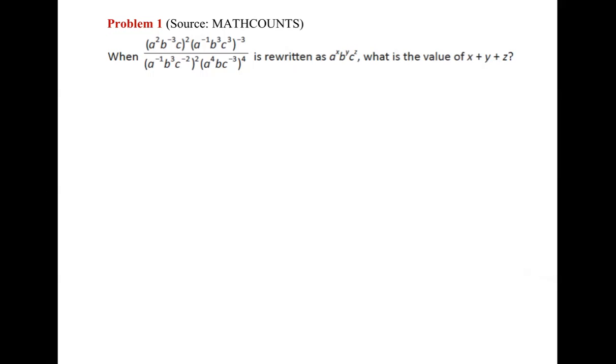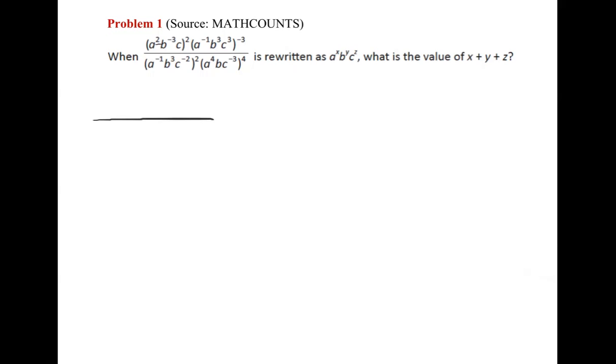Problem 1, you're given this big fraction and you want to simplify it. So let me just write this out. For the numerator, let's first expand all of these individual parentheses. And we see that for this first parentheses, it has an exponent of 2, and using our exponent rules, we want to multiply